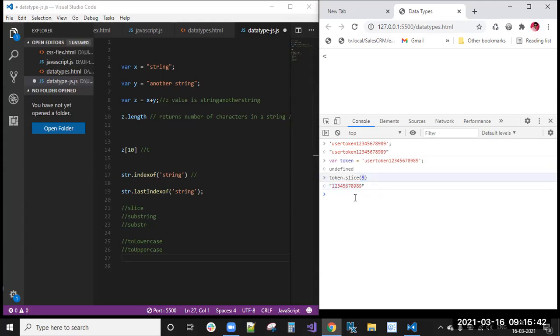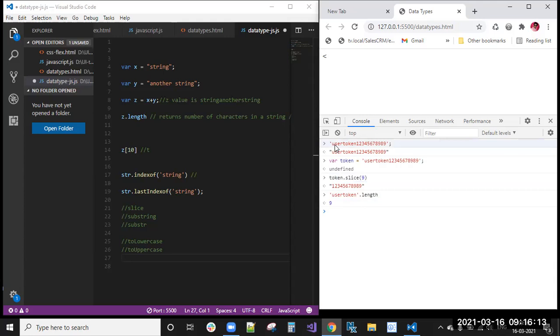How did you get this 9? This user token, you can calculate it, or otherwise we have length, right? userToken.length. You can use this one also, and you will get this 9. So you can pass here token.slice of 9.